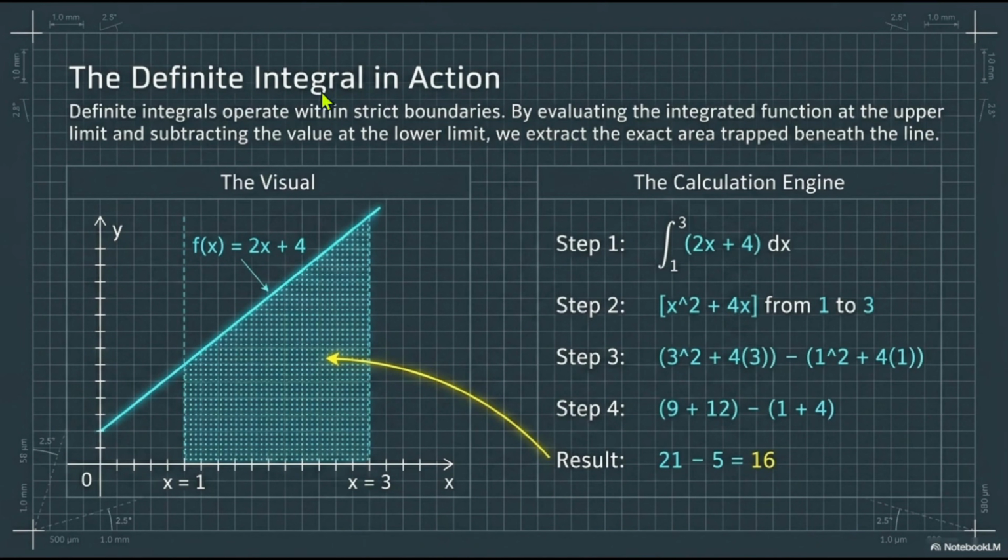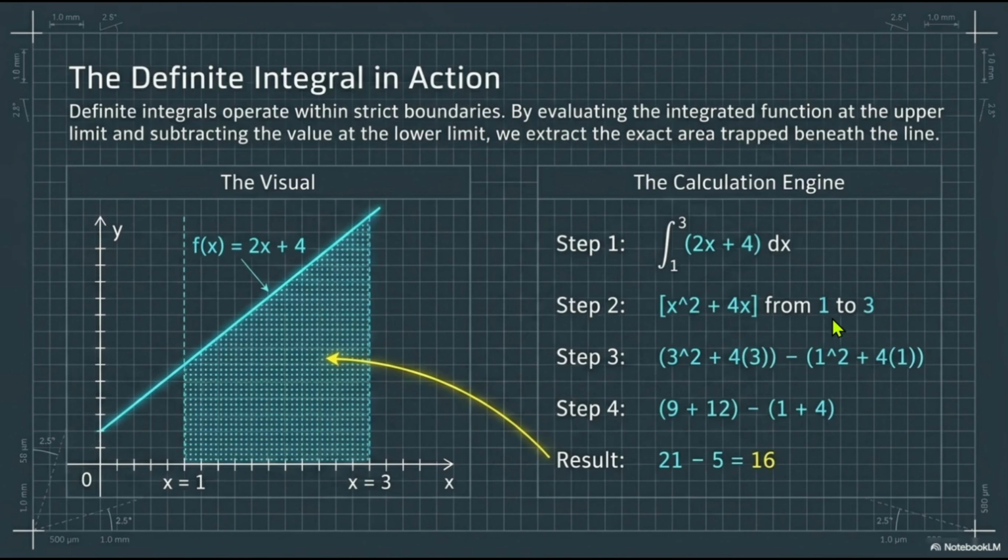And defining the integral in action, so like f(x) equal to 2x plus 4, and the lower limit x equal to 1 and upper limit x equal to 3. So step 1 is integrate from 1 to 3, and f(x) we can write 2x plus 4 dx. When we integrate this, that will be x square upon 2, so 2 and 2 will cancel out, and 4 is written 4x from 1